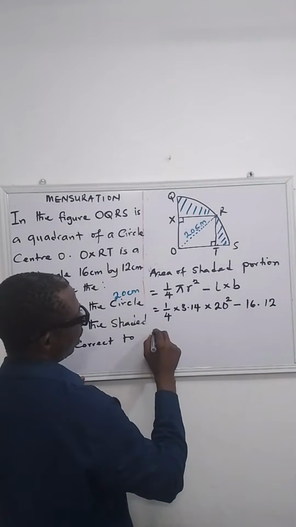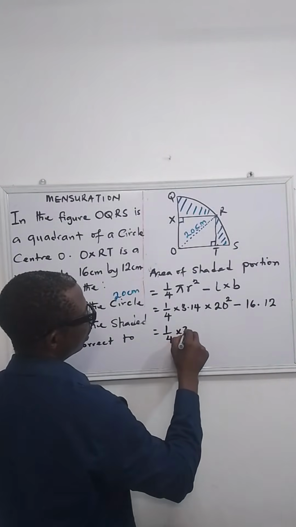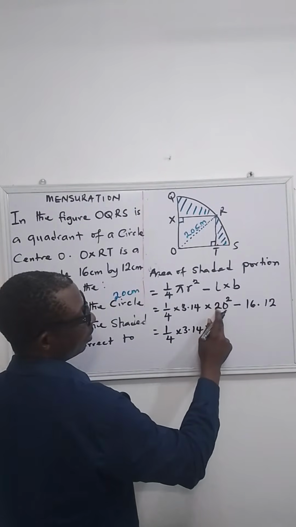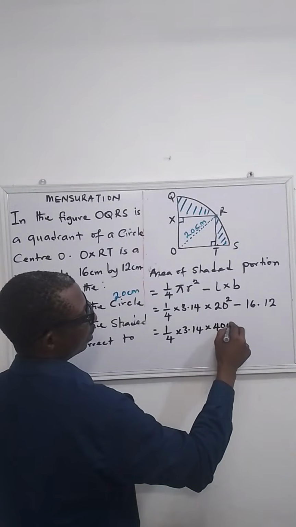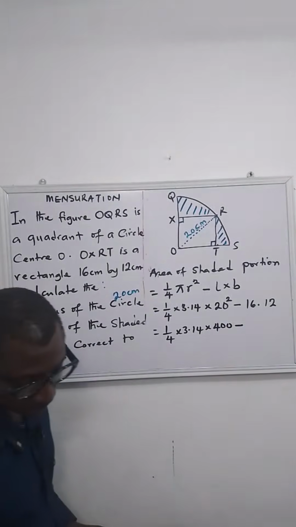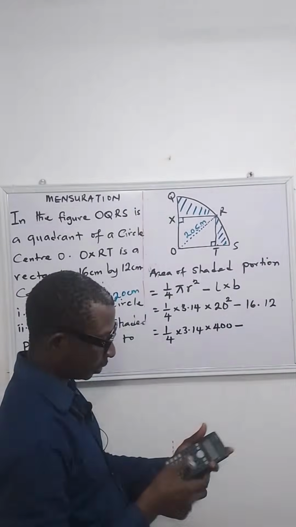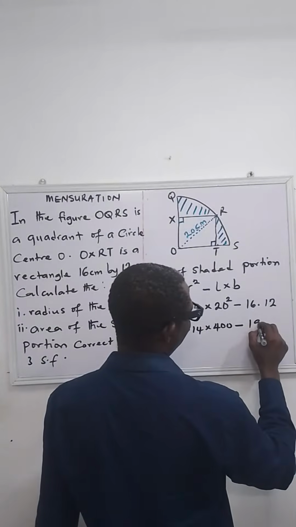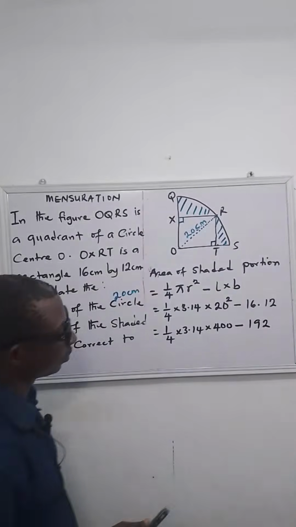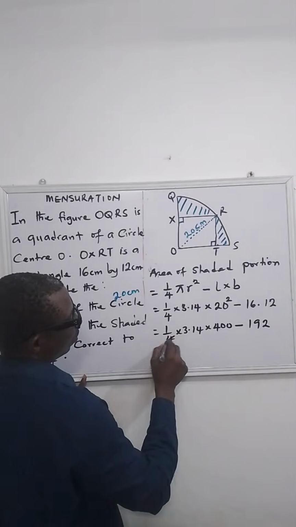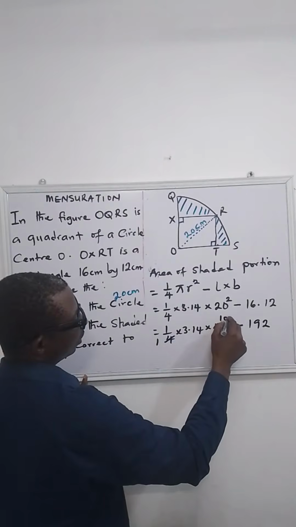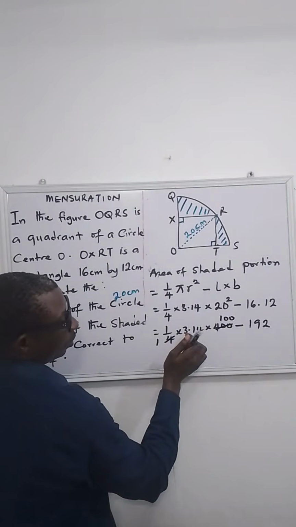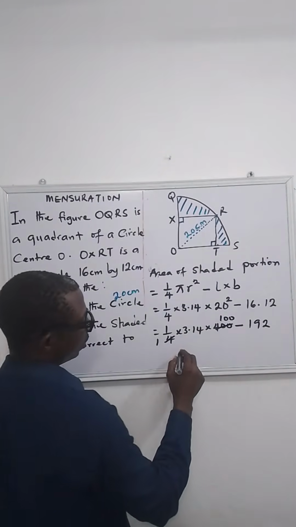So here we have 1/4 times 3.14, which is the pi, times, now when you square this, you have 400. Okay, minus 16 times 12. What do you have for that? Okay, so you have 192. That's what we have. Okay, so now 4 goes into 400 is 100. Okay, so now you use 100 to multiply this. So all you just need to do is just to move the point twice. So that gives you